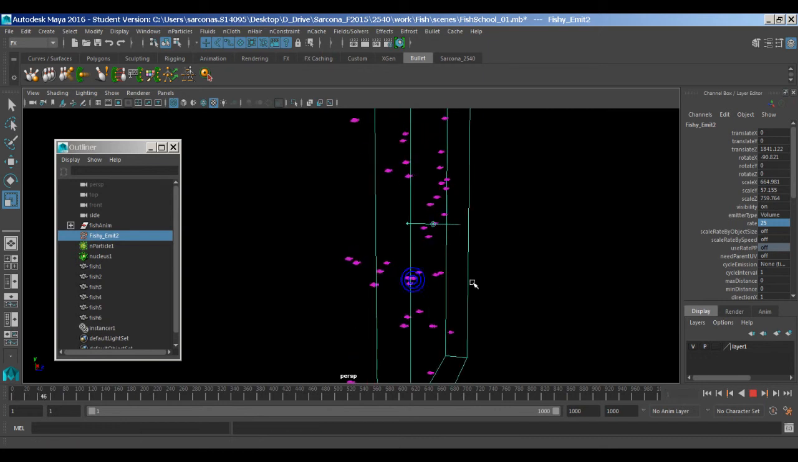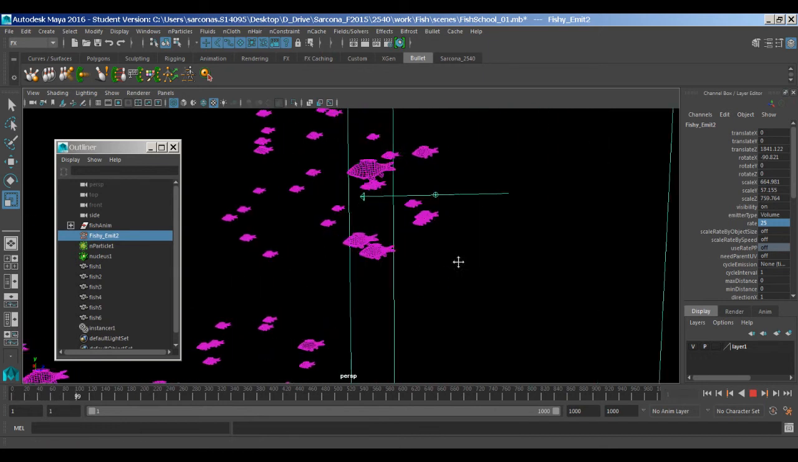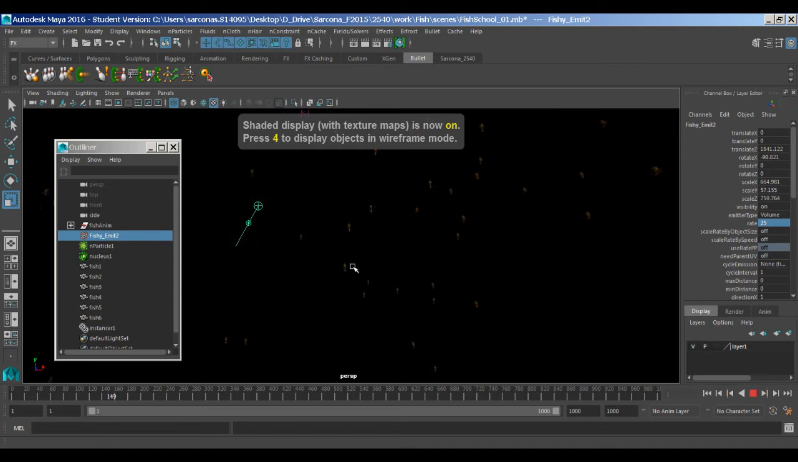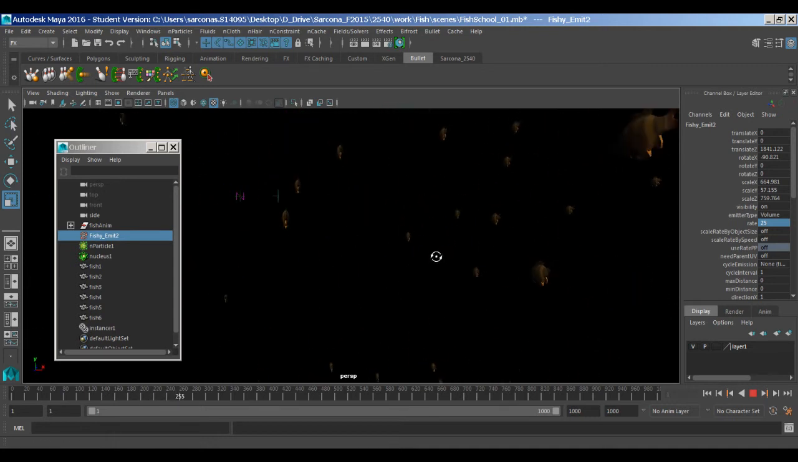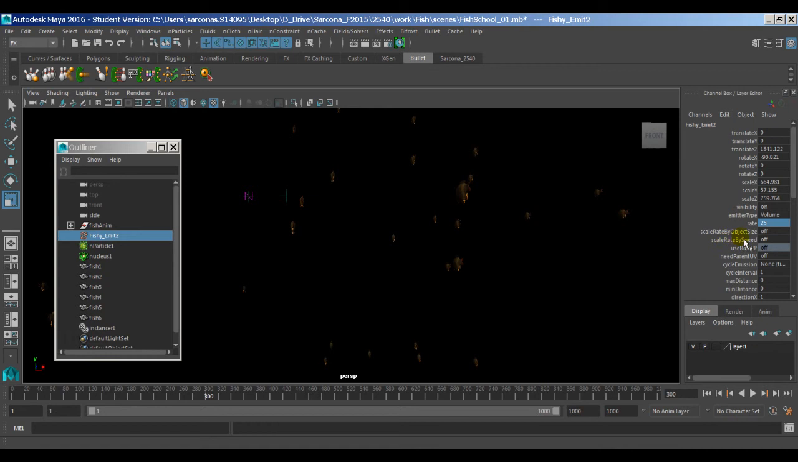So we hit play, and there go the fishy. You want to have a good number of fish. You want to be able to kind of navigate around them also, right? So if I had 1,000,